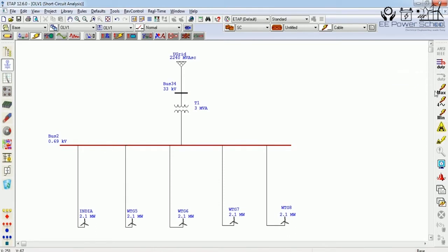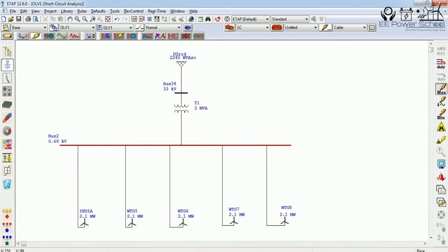This max is going to display results for 3-phase, line to ground, line to line, and double line to ground faults for half cycle. The same parameters we can analyze for 1.5 to 4 cycle, and this minimum is for 30 cycles. So let us start one by one, starting with the maximum.